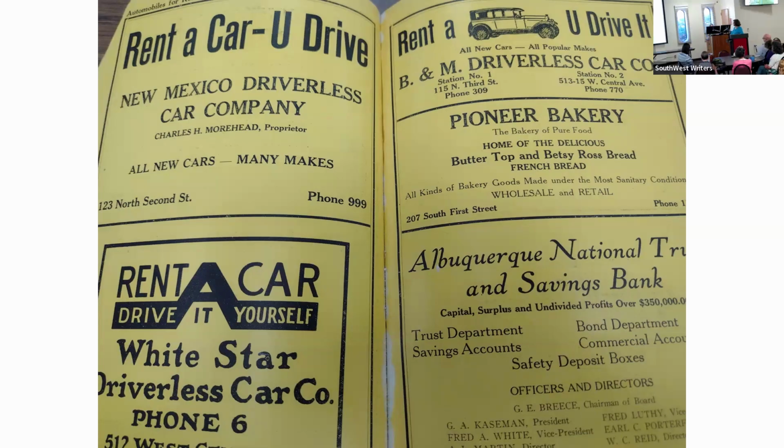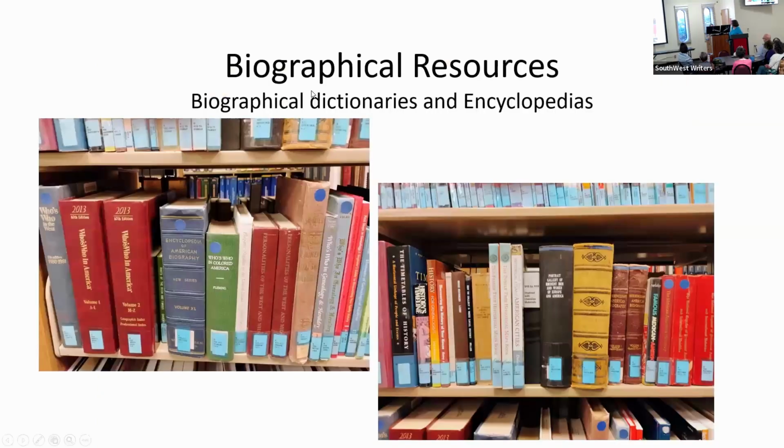So switching to biographical resources, talking about these people, I might want to know more about these individuals. Next slide. There we go. This will be quick. We have two types, dictionaries and encyclopedias. The difference is dictionaries are little short entries, encyclopedias are longer, half page, full page, maybe 2 pages, depending on who it was.